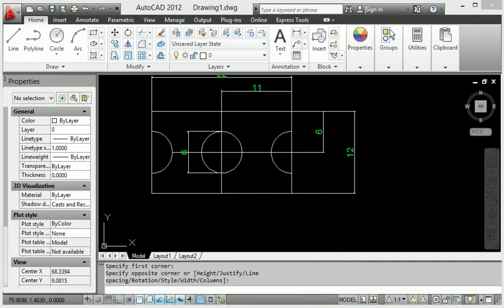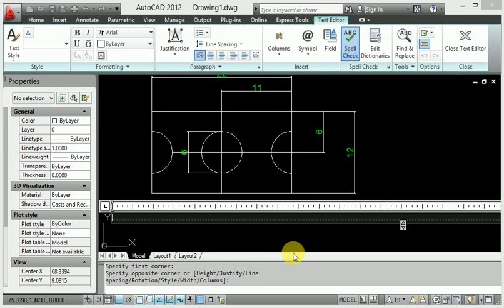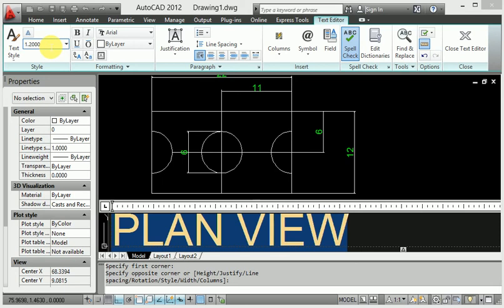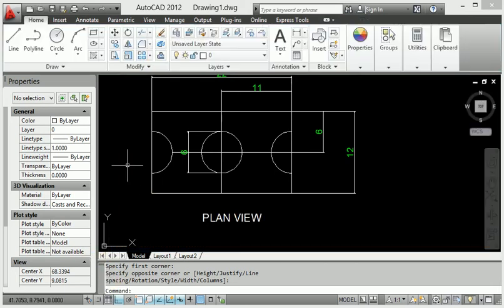Look at this text here, and I write plan view. When I change the height, I only change it to 1.2 mm, so it is called plan view. Look at this, the plan view.